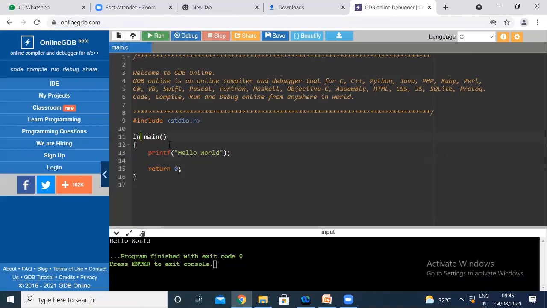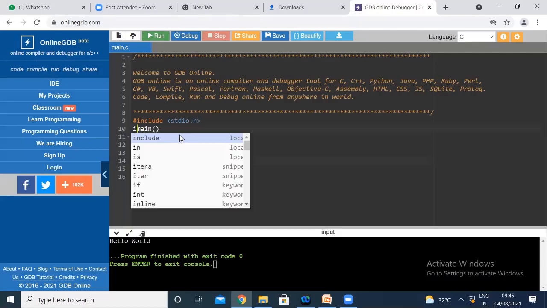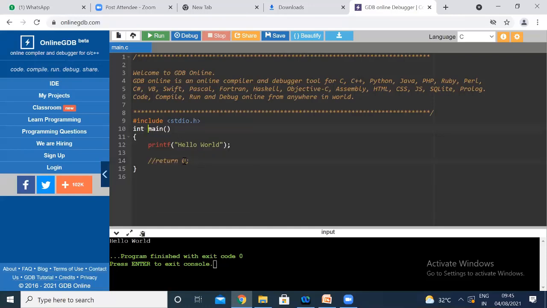So in these online compilers or IDEs, whatever you are using, you should not write void main and return 0 statements. If you do, we'll see what happens. Oh, it's accepting, but some IDEs won't accept. But follow the practice of writing int main and return 0.